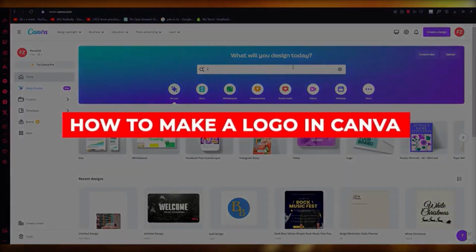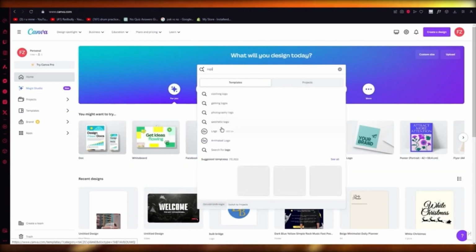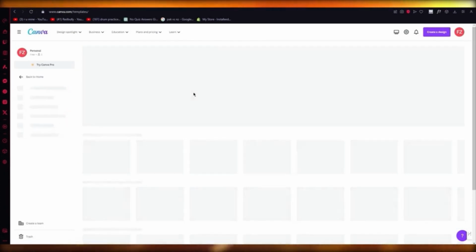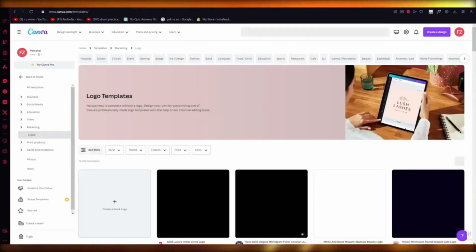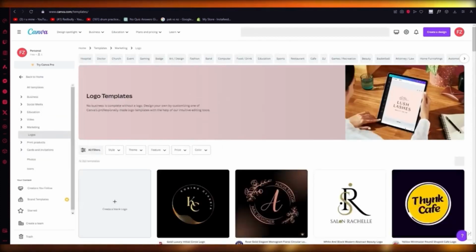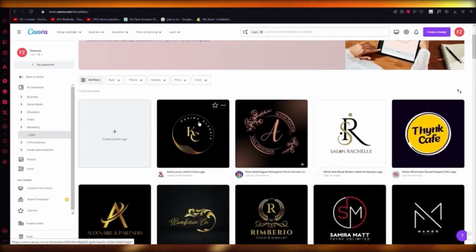How to make a logo in Canva. So if you want to quickly learn how to make a logo in Canva, you're going to come to canva.com, come to its search bar, and search up logo, okay, like this. Now, basically, once you do this, it's going to start giving you templates. Now from here, you're going to choose anything which will obviously work well with your